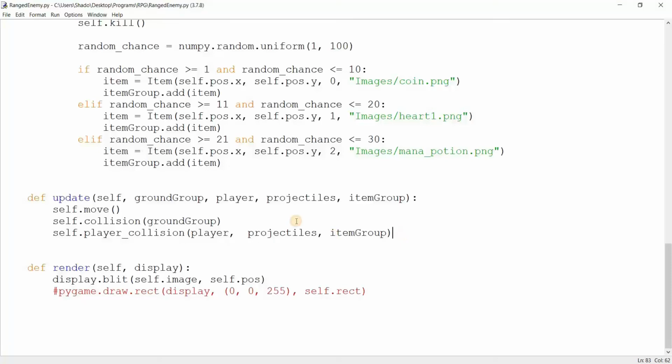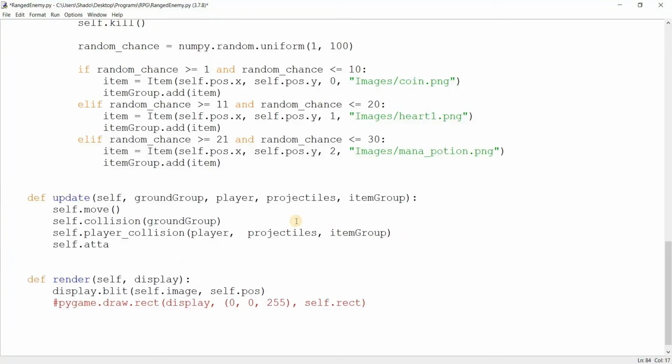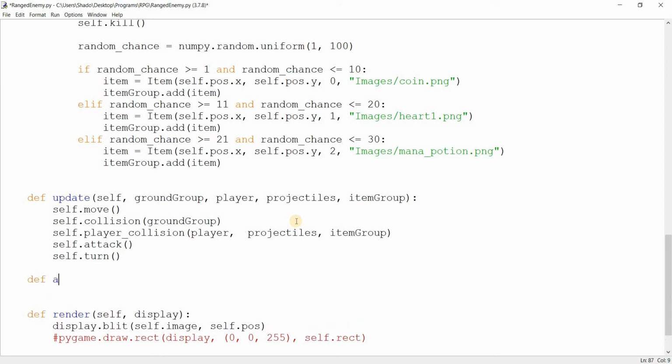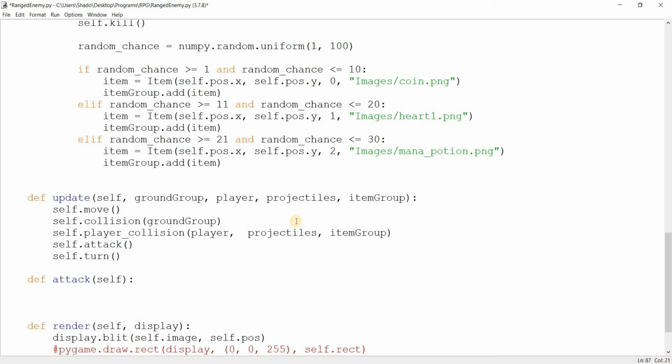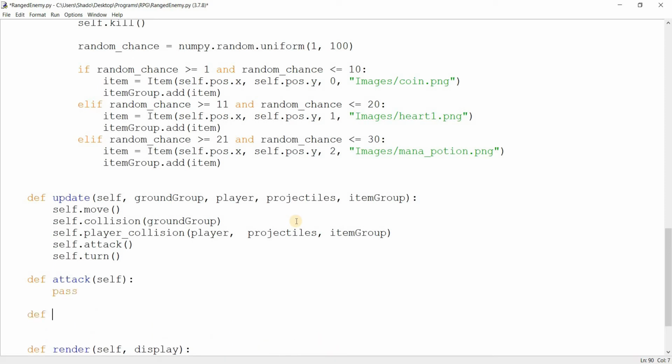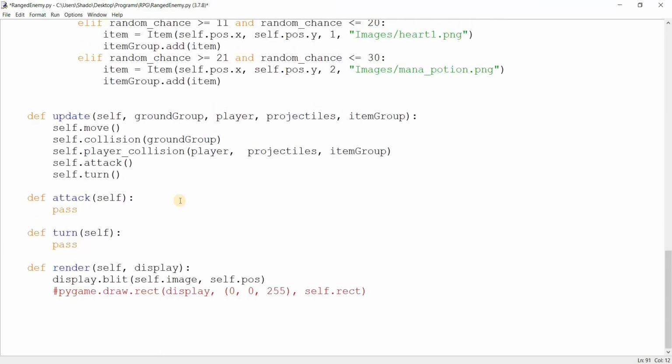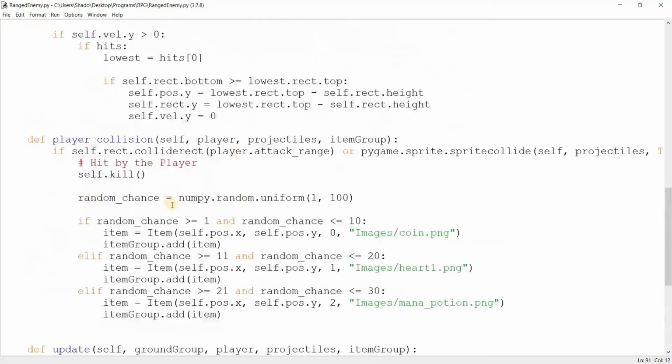We'll need to add in a few more functions in here for attack. Okay, and there'll need to be one for turning as well. So let's just create the empty functions for now and we'll populate them later. Now to take care of some more immediate business, what else? All right,